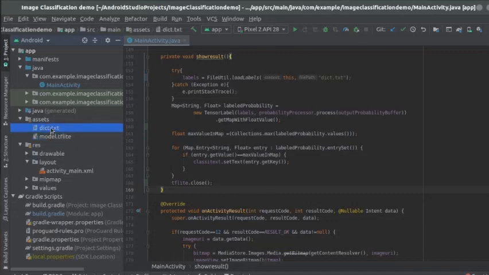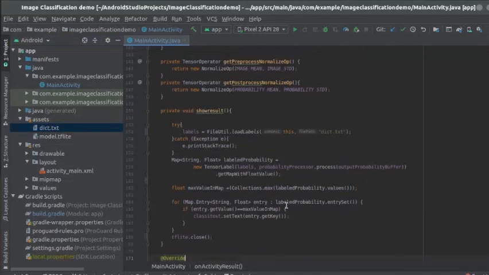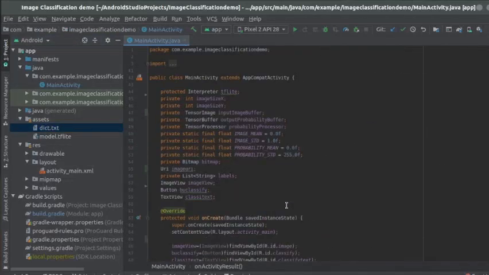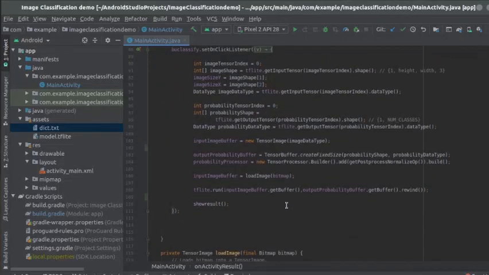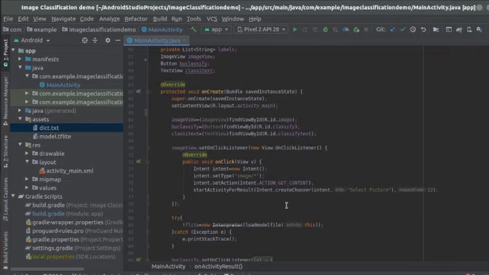This code remains the same and it will do the image classification without any error. Okay, so let's run this, and I have also provided the link to this repository on GitHub. You can check it out. I have put this project on GitHub.